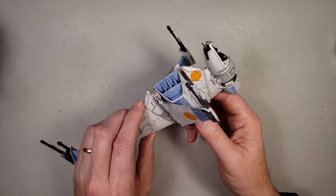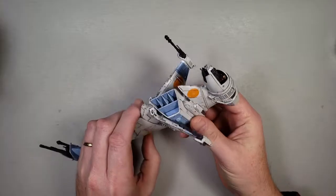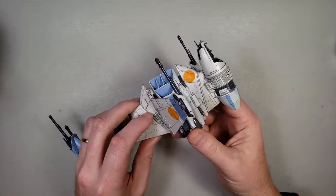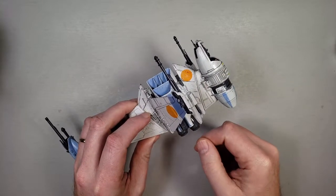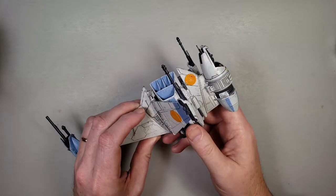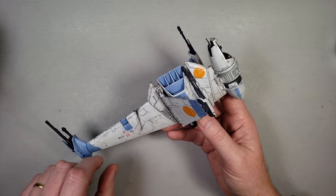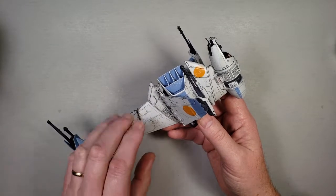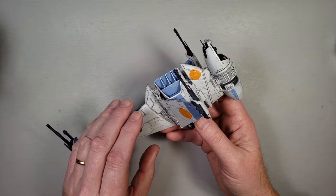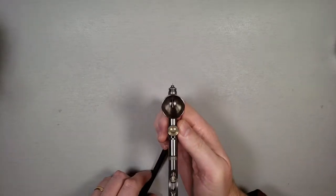So I'll be using it in those areas. I'm not going to demonstrate doing it on the entire model. Neither one of us wants that to happen. But I'll do some of these areas just to demonstrate the process, and then I'll go and finish it all off camera. All right, to start off, I'm going to put the paint in my color cup,